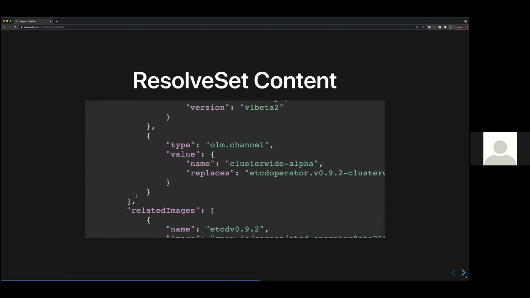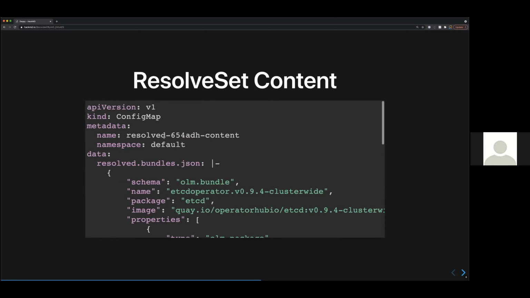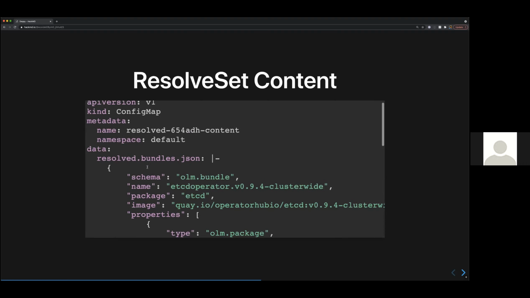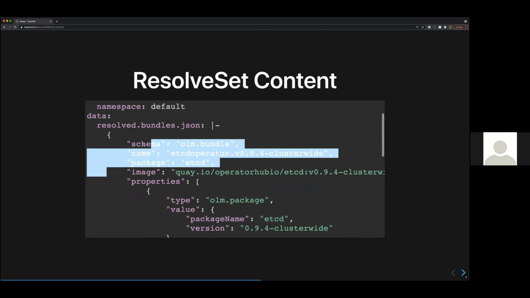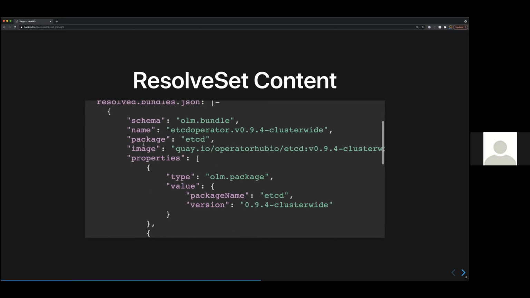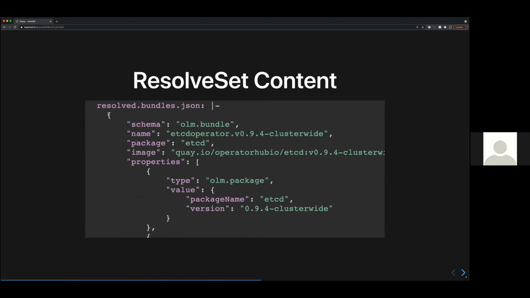So an example of some of the content of a resolve set, this would be the output from dependency resolution. It's just an entry that looks a lot like, or is exactly, I guess, our declarative index config format.